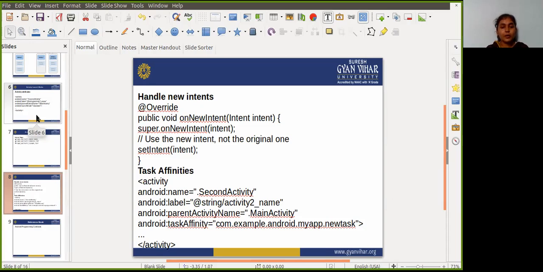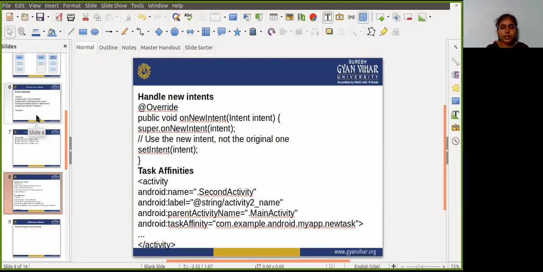or multiple instances can belong to different tasks. Next is singleTop. If an instance of the activity exists at the top of the back stack of the current task and an intent request for that activity arrives, Android routes that intent to the existing activity instance rather than creating a new instance.